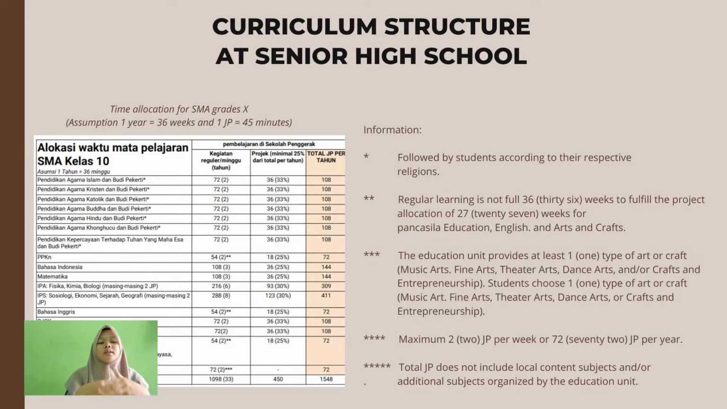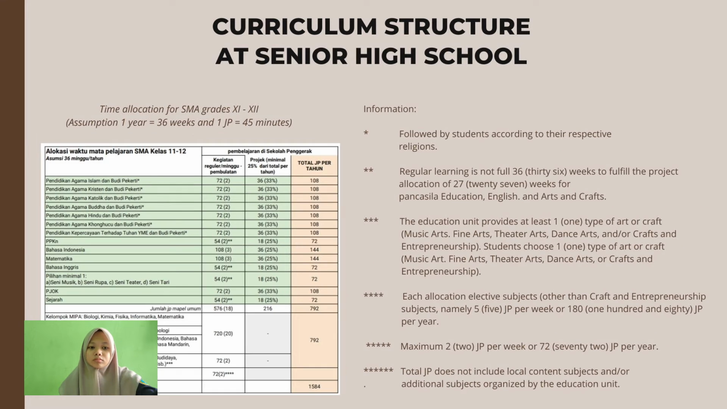Okay, maybe different curriculum structure at senior high school and junior high school. There are in number 3, in senior high school, there are entrepreneurships, and in junior high school, not have entrepreneurships. Maybe this is okay. Next,